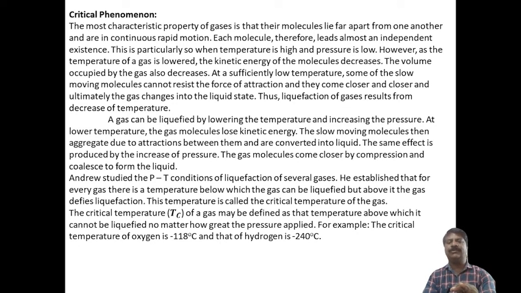a liquid state, and that temperature is exactly a junction. Above that temperature it becomes a gas, and below that temperature it becomes a liquid state, and such a state is called the critical temperature. This temperature is called the critical temperature of the gases. The critical temperature of the gases may be defined as the